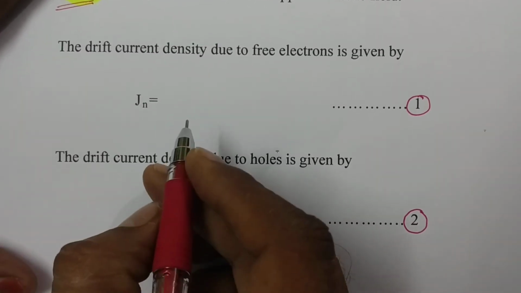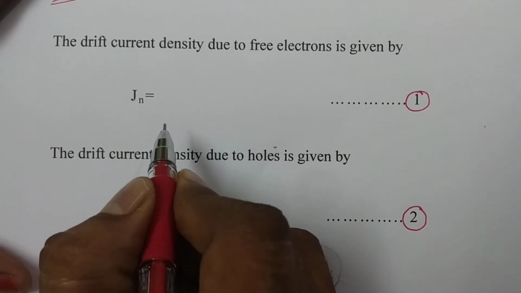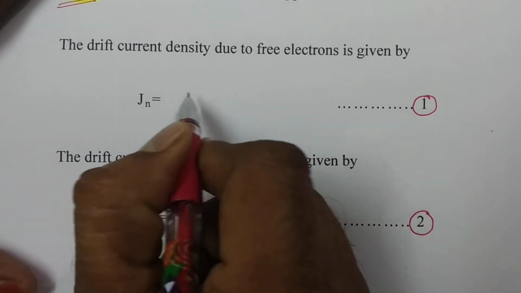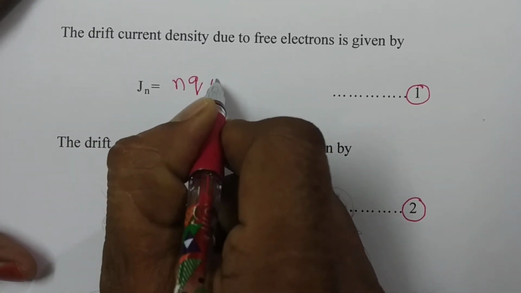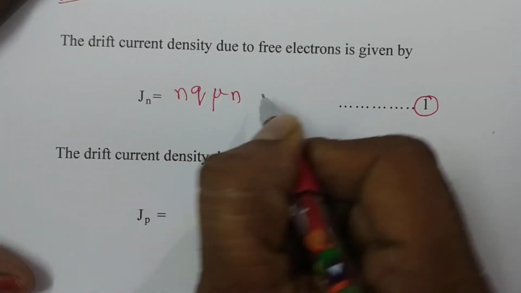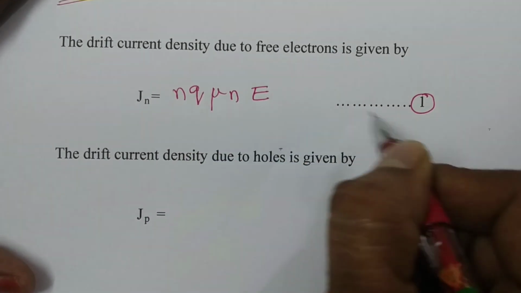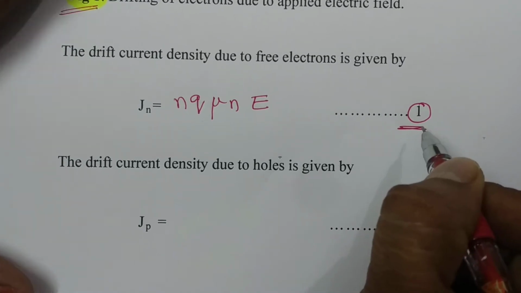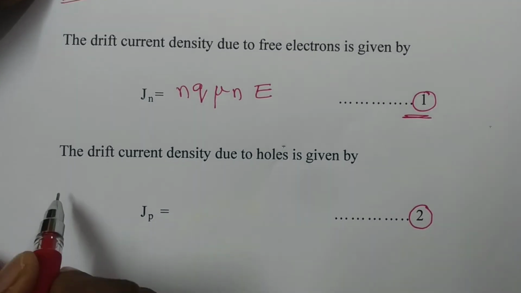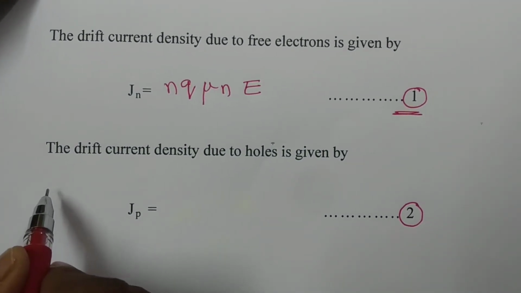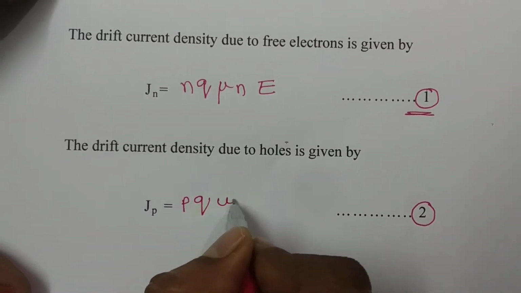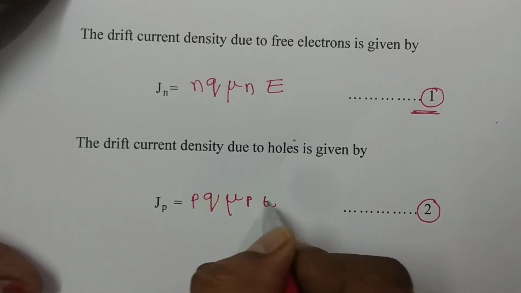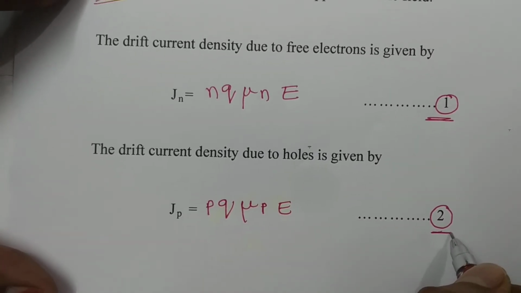The drift current density due to free electrons is given by Jn = nq μn E, equation 1. The drift current density due to holes is given by Jp = pq μp E, equation 2,